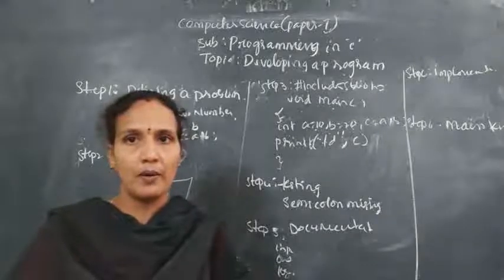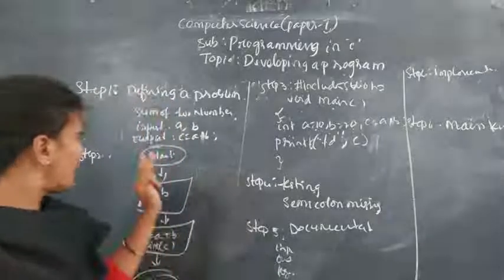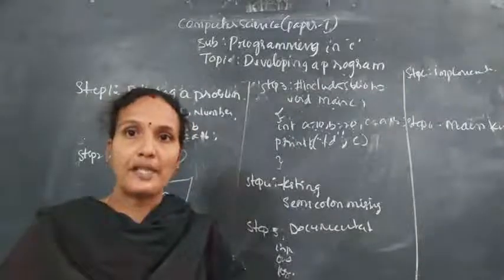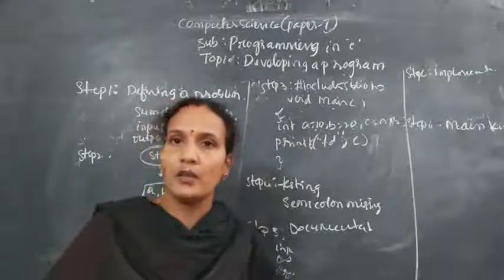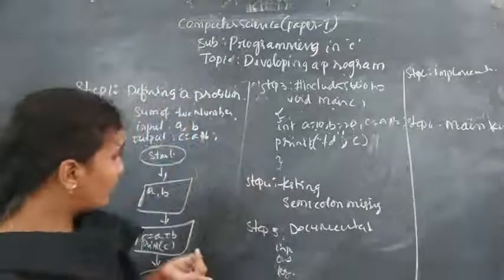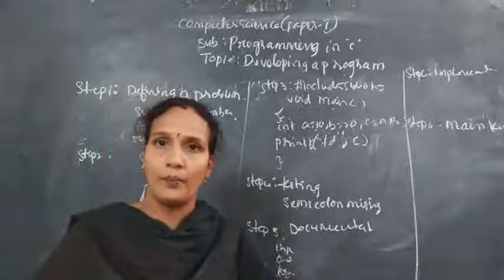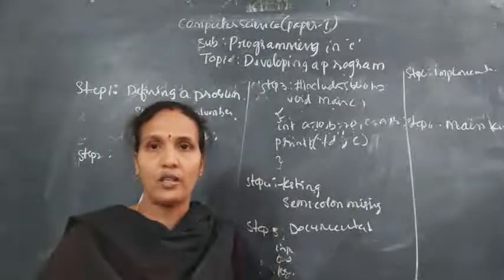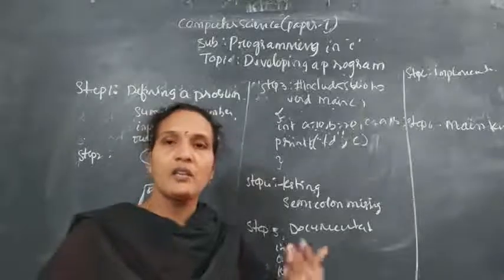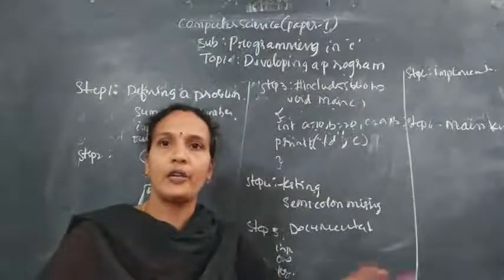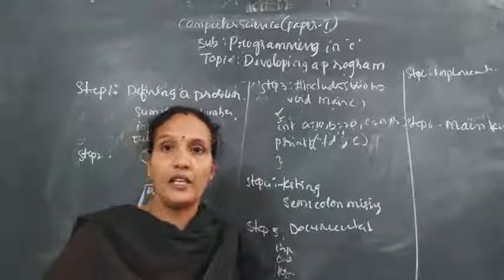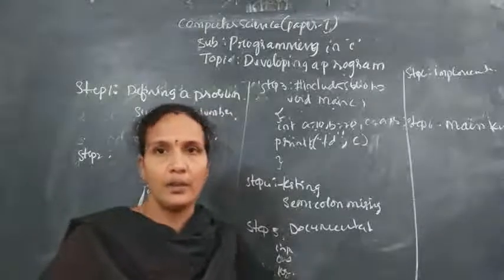First one is the definition of the problem. The second one is design of the problem, that is nothing but the conceptual method, presentation, and algorithms you need to design. Third one, we write the program. The fourth one, we test the program to see if there is any error. In the fifth one, documentation: whatever you did, physically we write on paper. The sixth one is implementation: we execute that program and check whether we get the expected output. The seventh one, maintenance. If any modifications are there, again we come from the beginning.